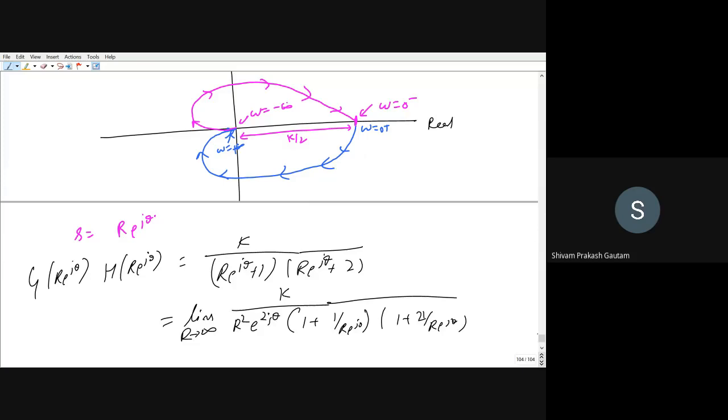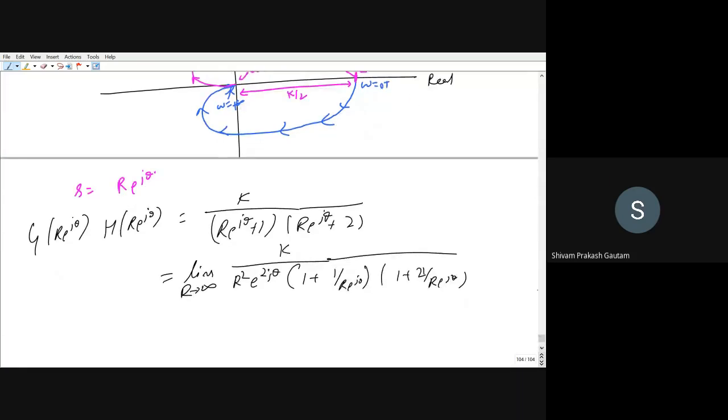Now put limit R equal to infinity. If you put R equal to infinity, these terms will be equal to 0. And the magnitude, if you put R equal to infinity, will again become 0. But you will still have a phase, and the phase is, since e to the power j theta goes in the numerator, e to the power minus 2 j theta. We will be getting e to the power minus 2 j theta, because we have to see the orientation as well. But for this case it does not matter because the magnitude has come to 0. So you cannot show the orientation in this case, but we will see. So e to the power minus 2 j theta is what we are getting.